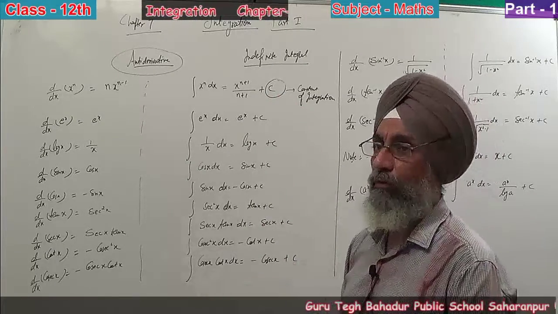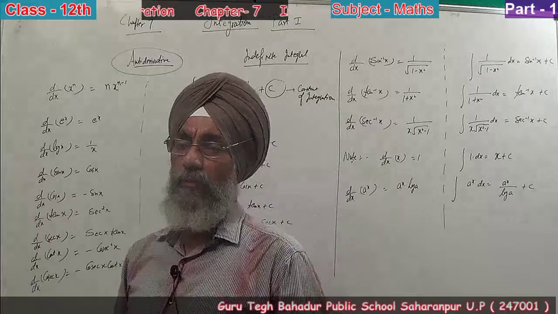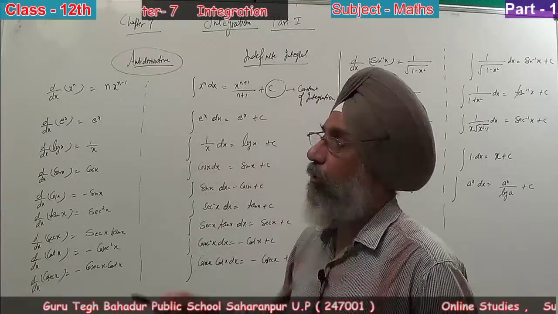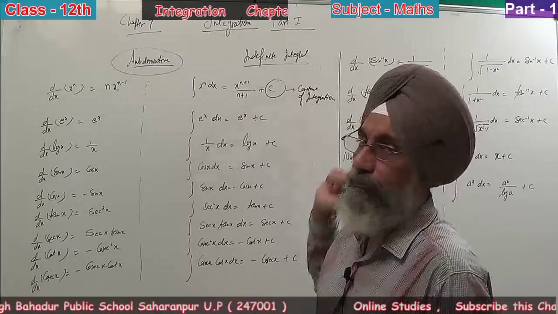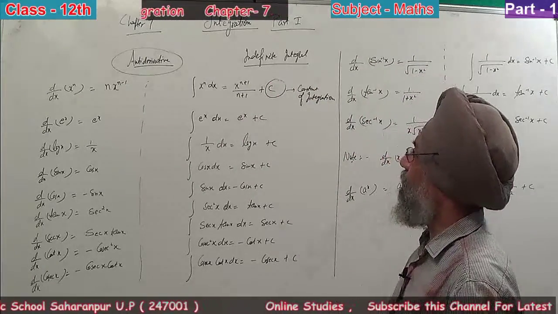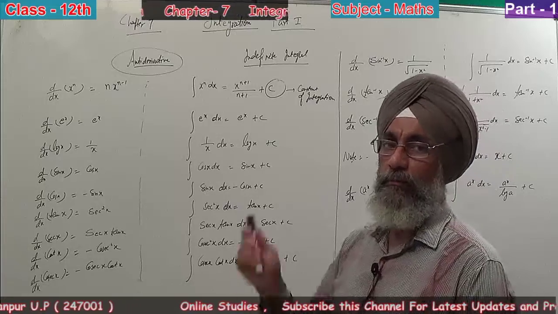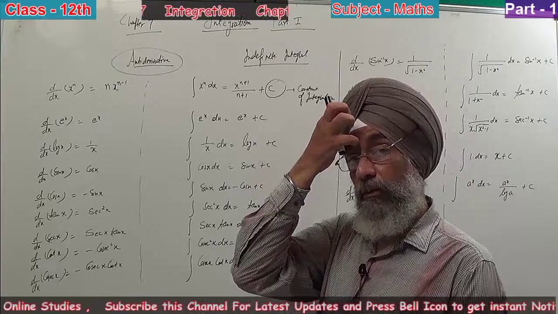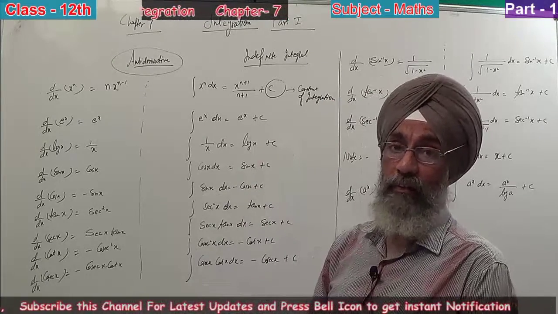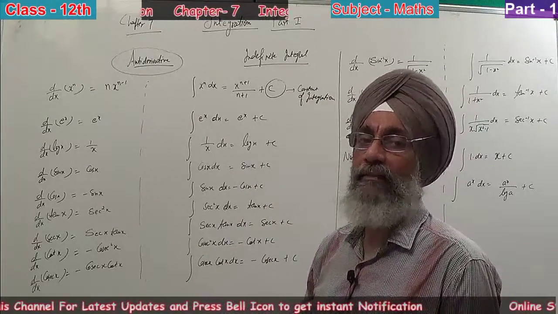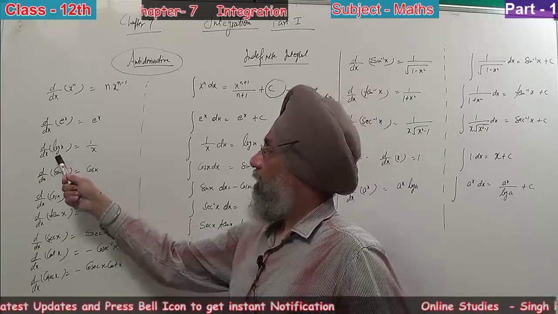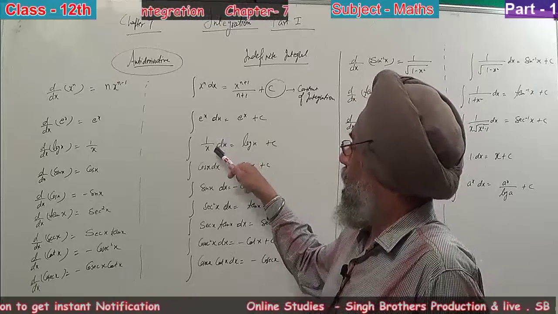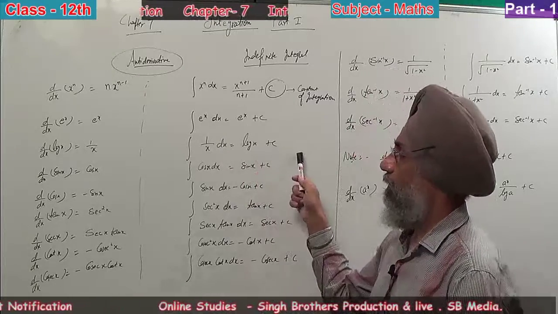So, if we are finding the integration of a particular expression, then we add c there, known as the constant of integration, and this constant can be 5, can be root 2, 1 upon 7. We don't know the exact value of it, that's why we call it the indefinite integral. Whenever we find the integration, we add plus c, and since its value is not definite, it is known as the indefinite integral. The differentiation of log x is 1 upon x. So, the integration of 1 upon x becomes log x plus c.